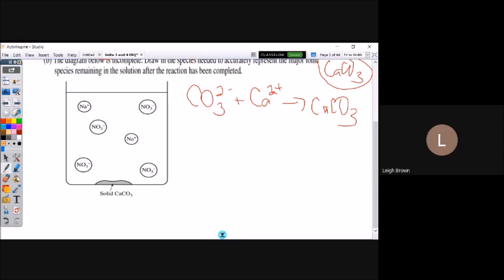The easiest thing to do for something like this is to add up the charges that are already in the drawing. This is where I would tell you to start. Okay, so I've noticed there are two positives. I've got a sodium. I'm just going to put checks on them, so I know I've counted them. So I've got +2 for the sodiums. And then for nitrates, there's 1, 2, 3, 4. So I've got -4.